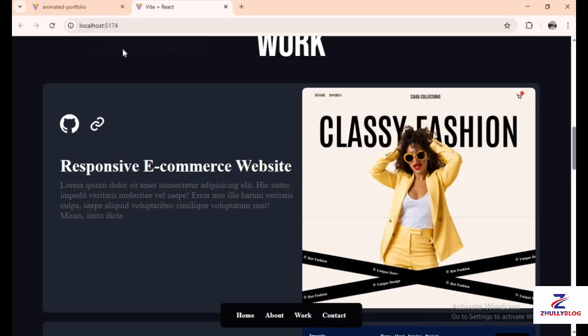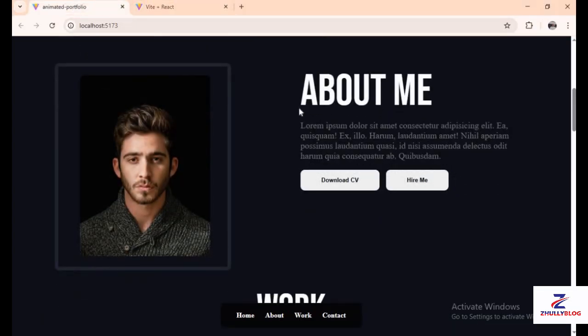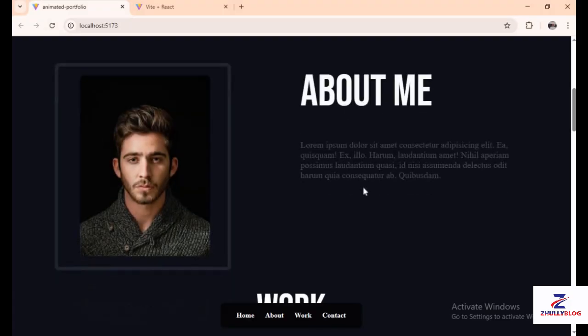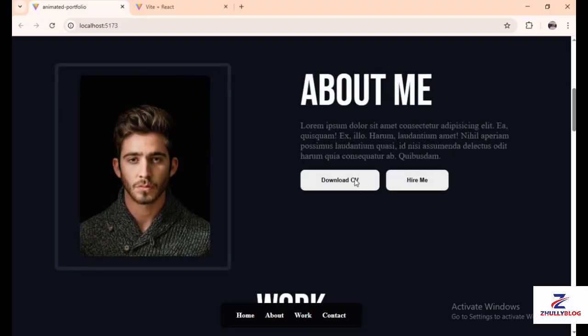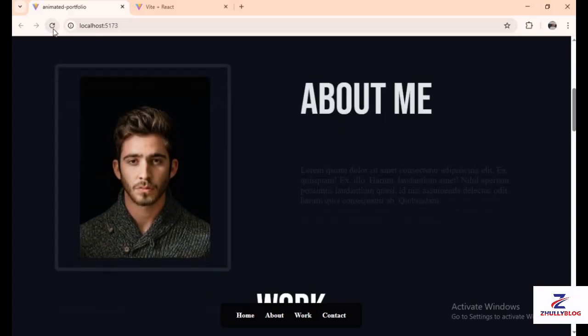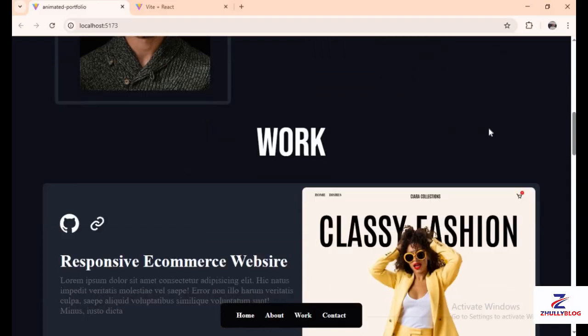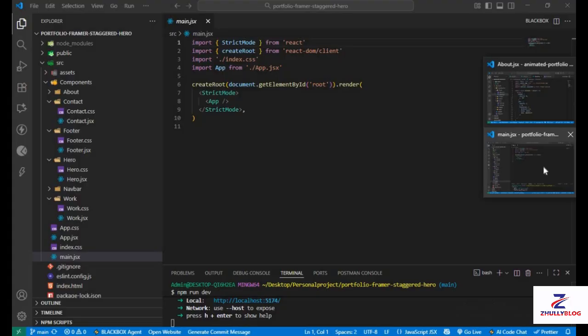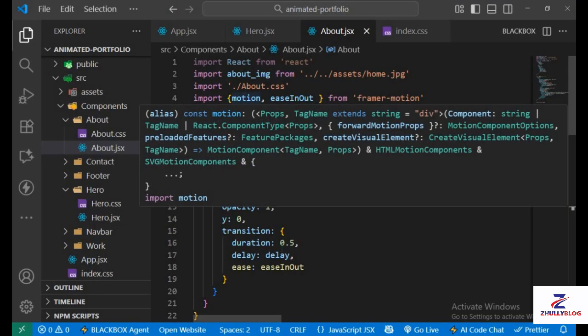So now let's check out what we have built so far. You can see right here that it slides up. Okay, and the delay between the button comes right after this about section. Everything is sliding from bottom to top, just like this. Okay, we're using the same thing for the work section, so we're just going to reuse this slide up function